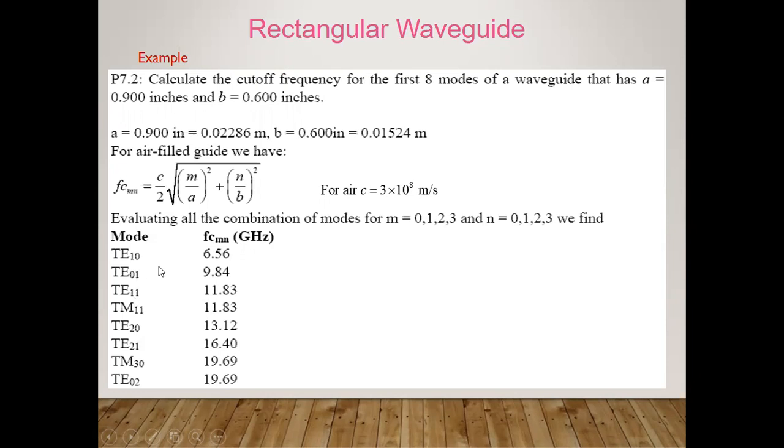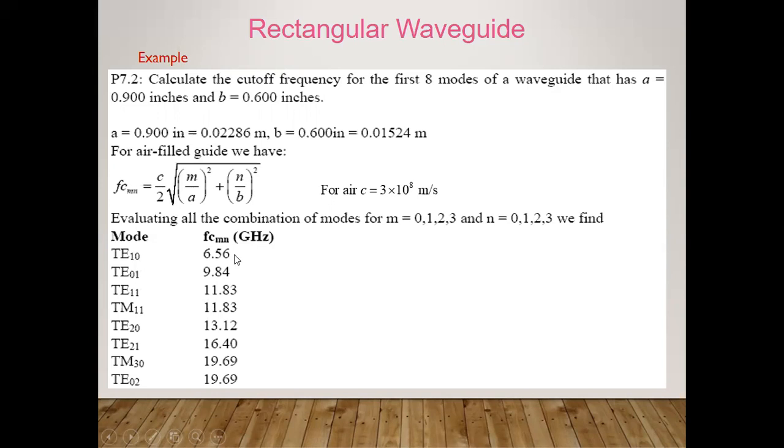How can we evaluate things, how can we find the cutoff frequency, the quality factor, the wavelength, and the dimensions A, B, and C? That is also useful. See here, TE is the mode, whereas M and N are clearly mentioned for evaluating the modes. So here M is 1 and N is 0, or M is 0 and N is 1, vice versa.